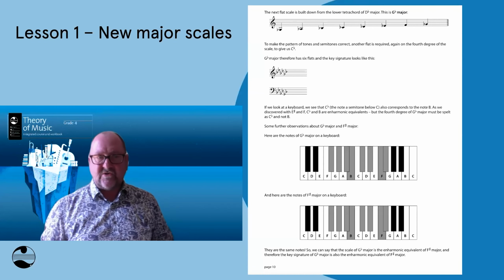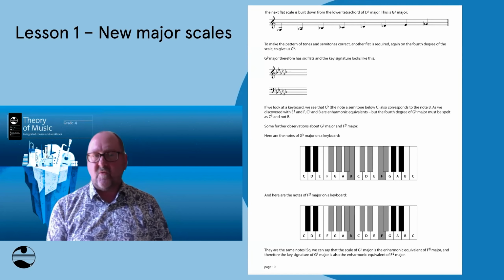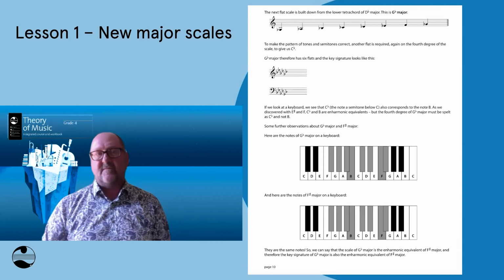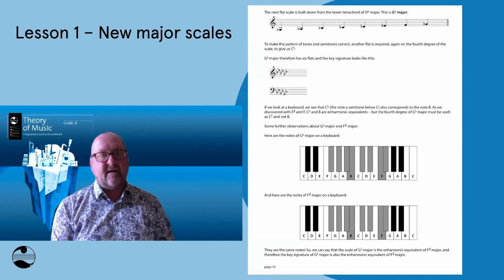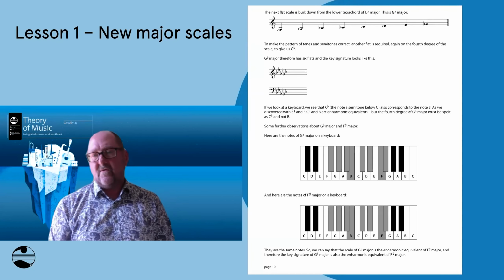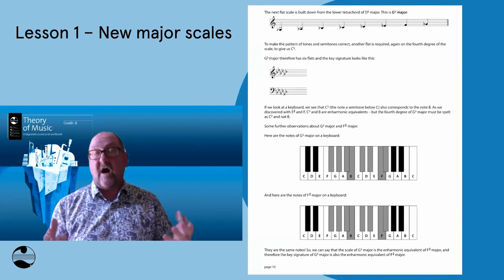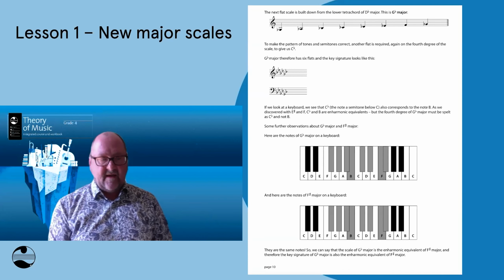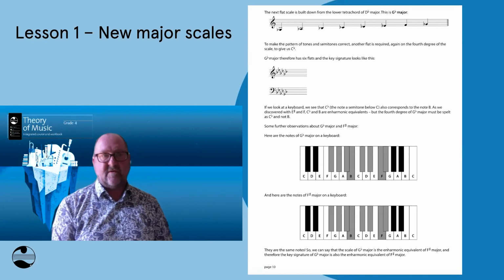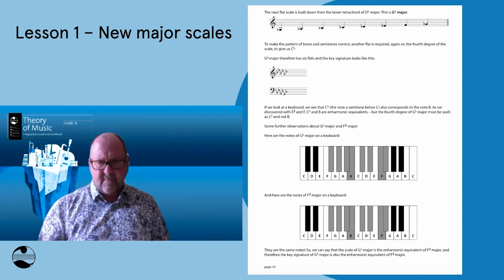I also talk about the concept of enharmonic equivalence. So the scale, you'll see the 2 little piano diagrams here on the page. The scale of F sharp major and the scale of G flat major are on the piano exactly the same notes. And I say that those scales are enharmonic equivalents. And also talking about, say, the note E sharp in the scale of F sharp major. E sharp is the enharmonic equivalent of F, but it's important to spell that note as E sharp and not F. And I talk about that a little bit in the book as well.